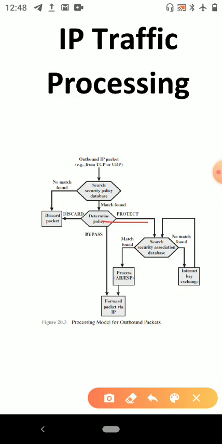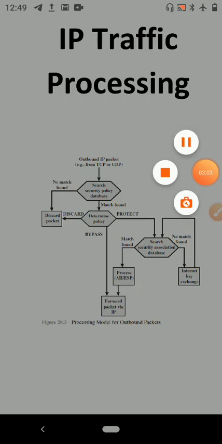If no entry is found, the Internet Key Exchange is invoked to create a security association with the appropriate keys, and an entry is made in the SAD. The matching entry in the SAD determines the processing for this packet. Either encryption, authentication, or both can be performed, and either transport or tunnel mode can be used. The packet is then forwarded to the network for transmission.